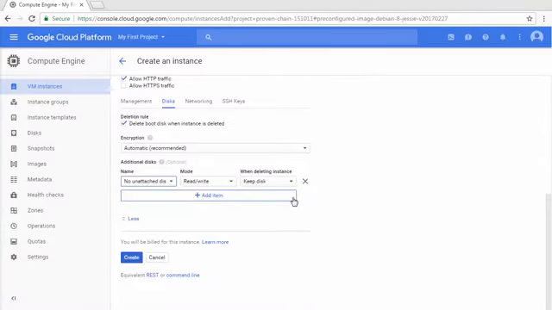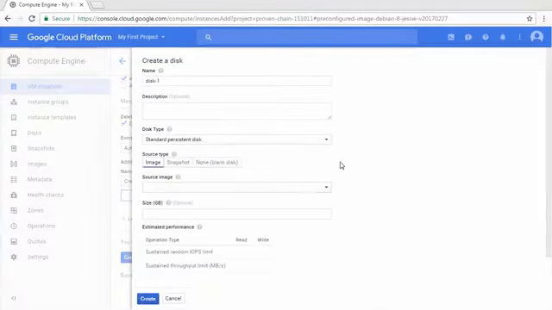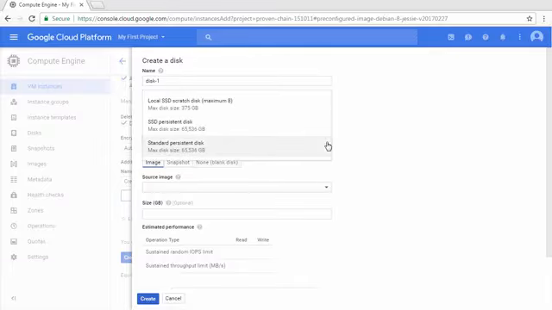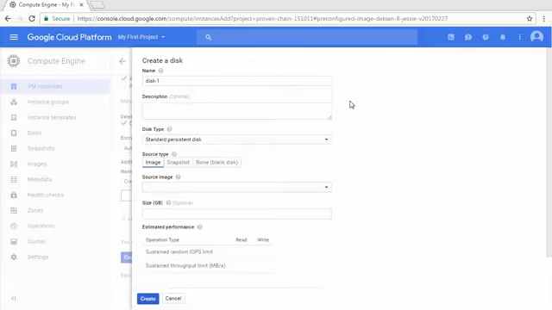Under the Disks tab, you can add disks. Notice that there are currently no unattached disks in this zone in the name field. If you wanted to add one now, click the Name field and select Create Disk. Here you can define and attach one to this instance. Click the disk type. Notice you can create a local SSD disk. We'll leave this page without creating an additional disk.